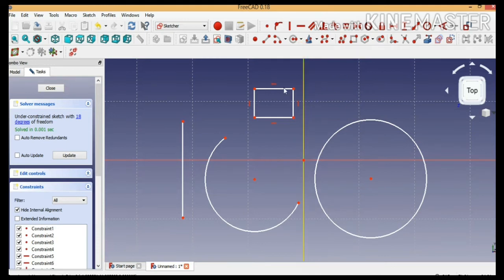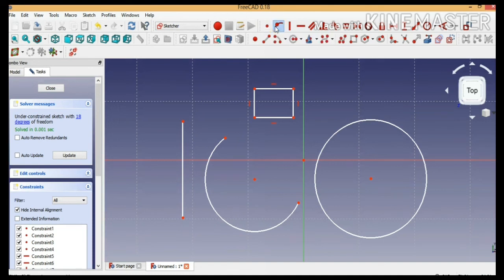The difference between manual drawing and this CAD drawing is this. In manual drawing we have to take a scale and pencil to measure a line, and then we have to draw. But in this, we just select a command and draw as per our requirement. Now the question comes, what about measurements? As I earlier told, these are the constraints. This is a point constraint, this is an R constraint.